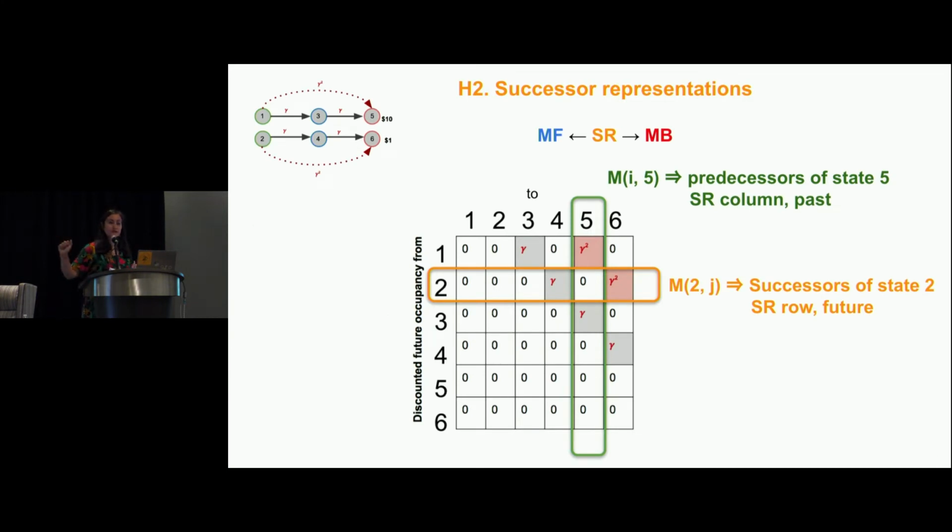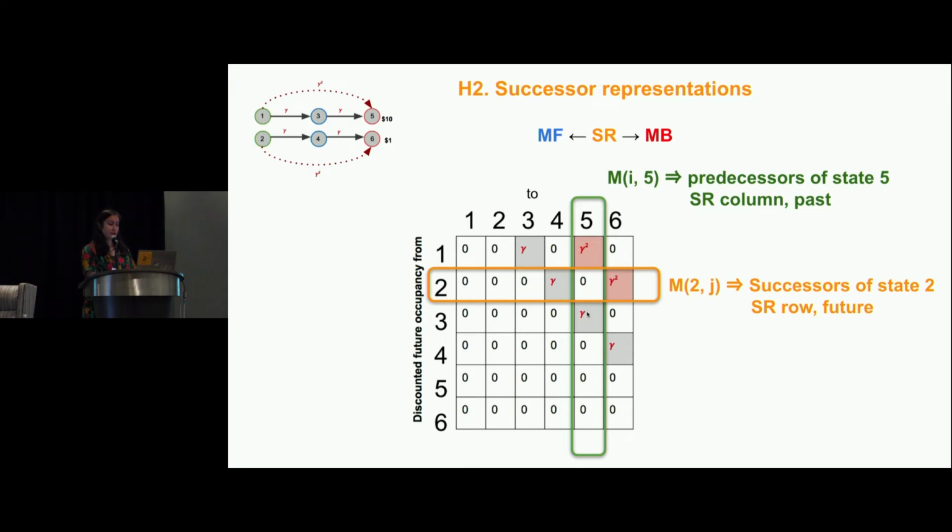The magical property of the successor representation, which is not so magic and more scientific, is that the rows of the successor representation tell you what follows a state. For instance, in row 2, I can already see that 2 leads to 4 and 6. The columns of the successor representation show where you came from, what the places are that you could come to a particular location from. So it's showing you the predecessors, or the past if it's a temporal sequence. For instance, when you get the column of 5, you can see that 1 and 3 can lead to 5 already. You don't need to do any kind of computations.